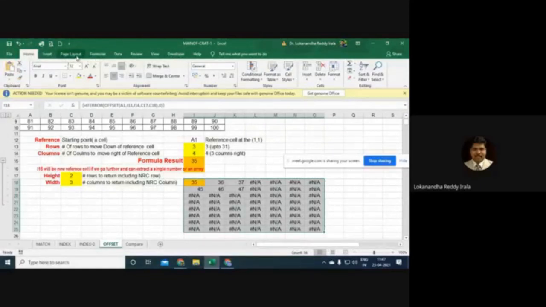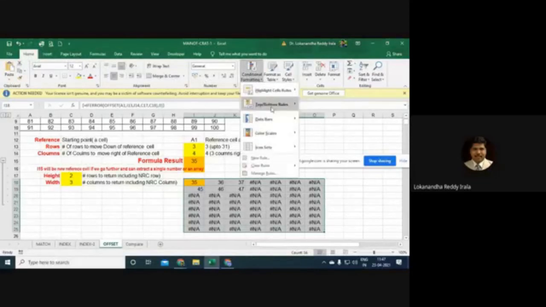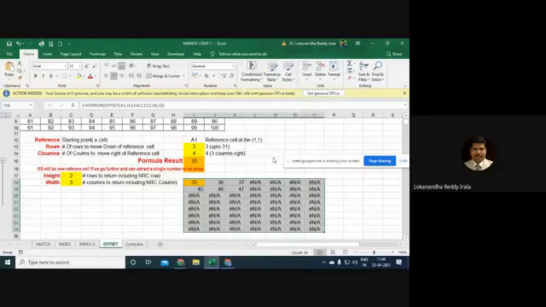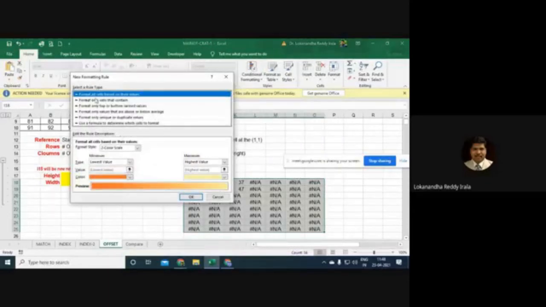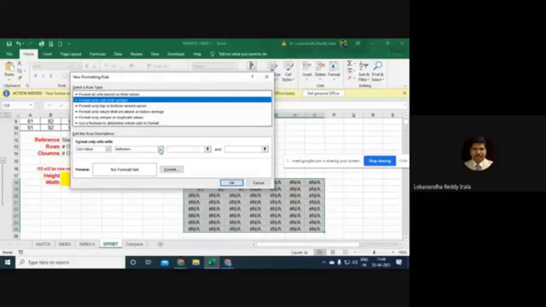Okay, keeping this, let me try conditional formatting. Cell value is error. You have something like that?